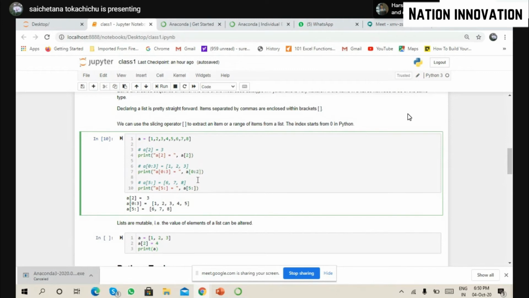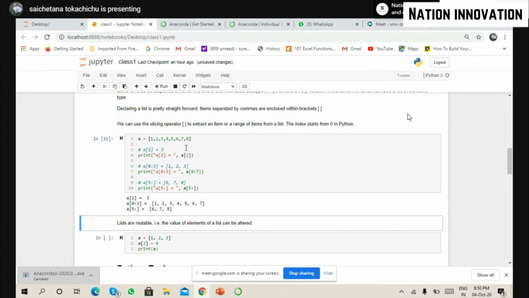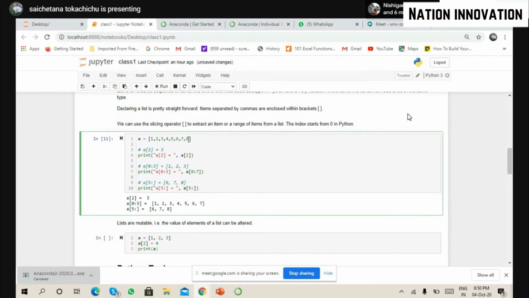If I am putting, let's say, 7, the last value based on position is 8, but the immediate left is 7. So till there it will produce all the results. So always keep in mind, while you are calling out, it will miss out the last position.